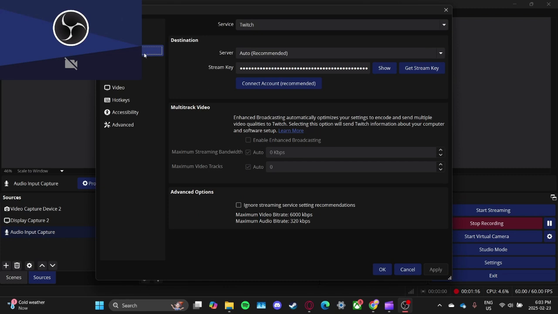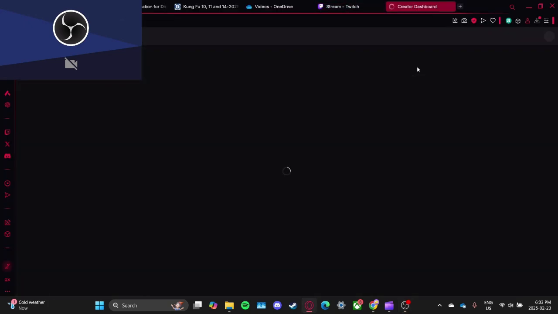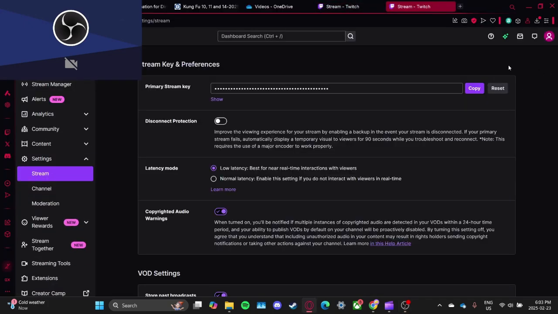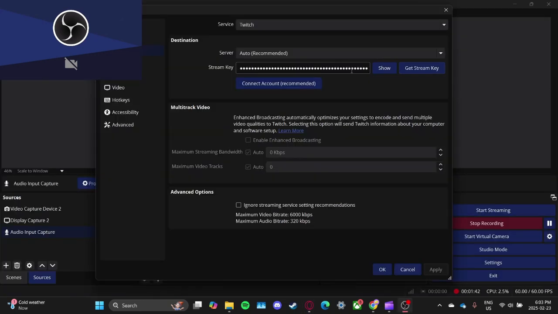So what you want to do is go to Twitch in the service and you want to have a screen here that says stream key, and what you want to do is click get stream key. If that pop-up isn't there, type in twitch.tv, sign into your Twitch account, head over to settings, go to settings on this side here if you want, and then click stream so that you get this screen where you can copy your primary stream key and then head over here, paste it there, and